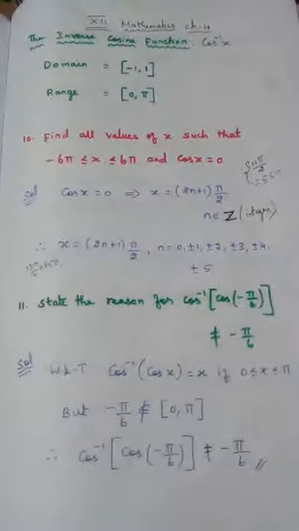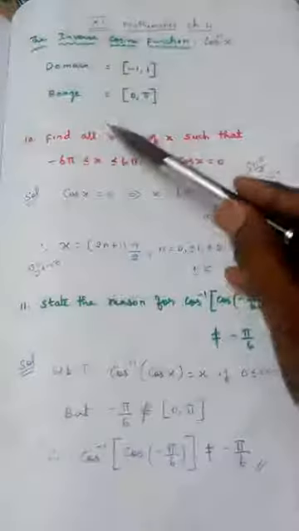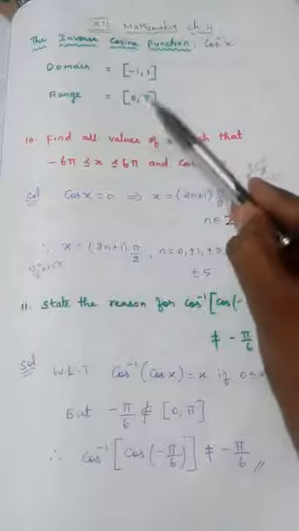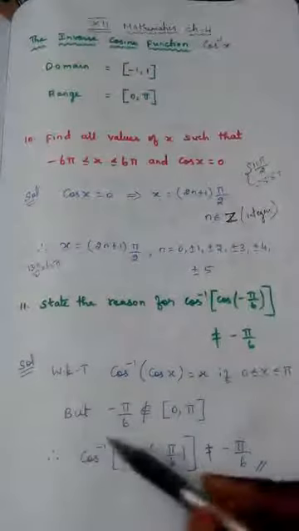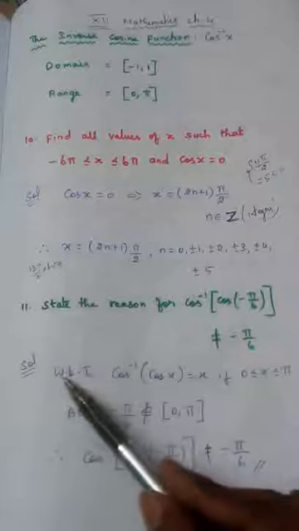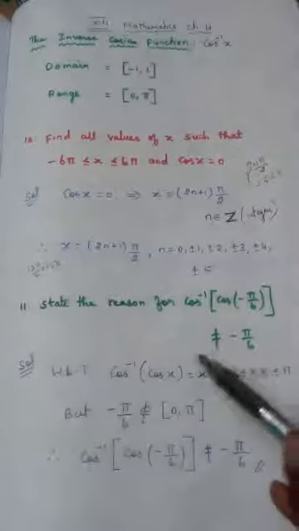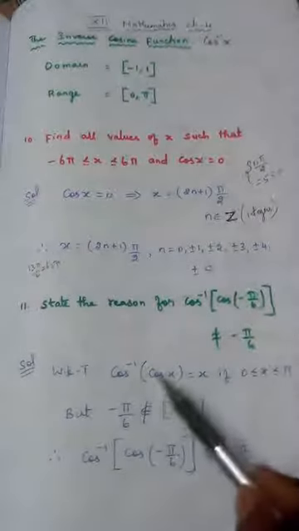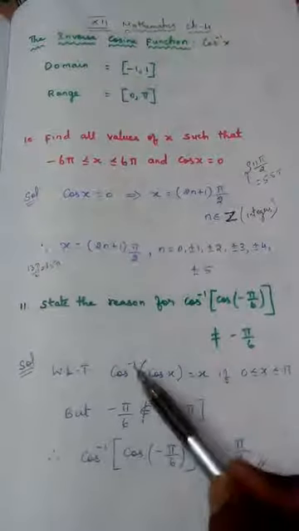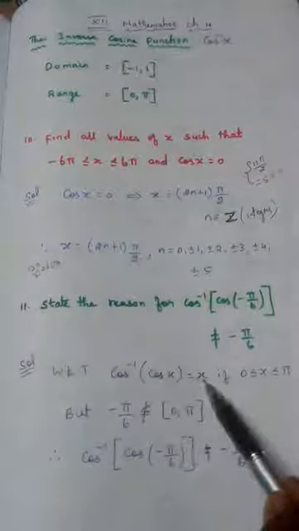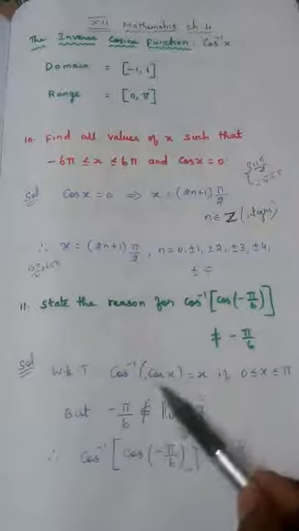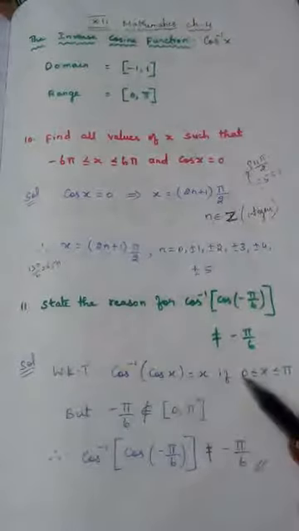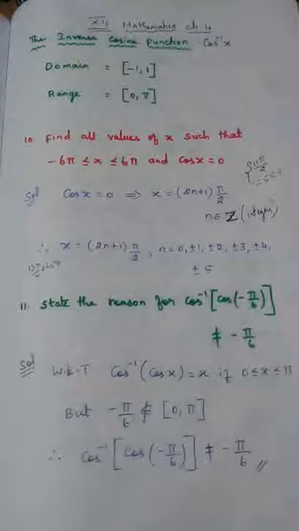So first of all, we have to know one thing. What is the range of the cos inverse function? This we have to know clearly. 0 to pi, closed interval 0 comma pi. So we know that cos inverse of cos x equals x, that is, cos inverse and cos will get cancelled, only if this x value lies between 0 to pi.